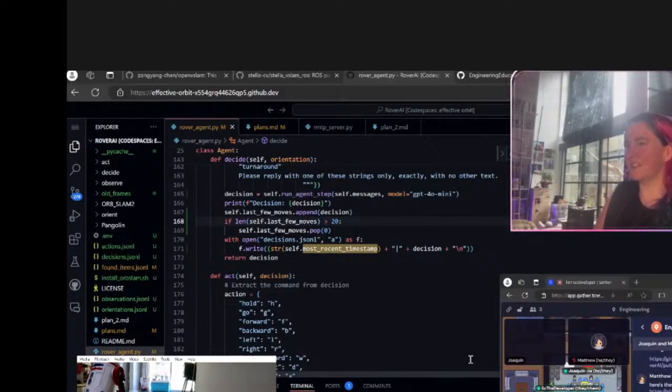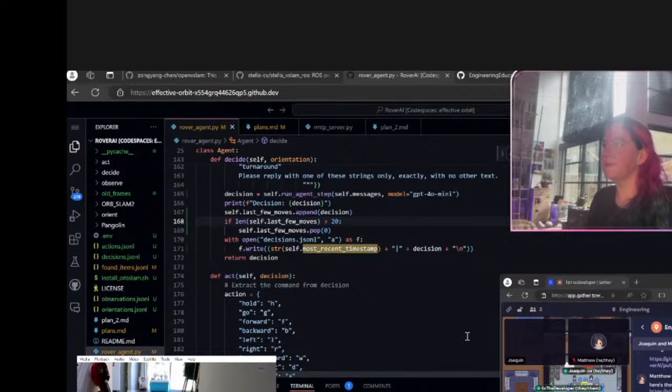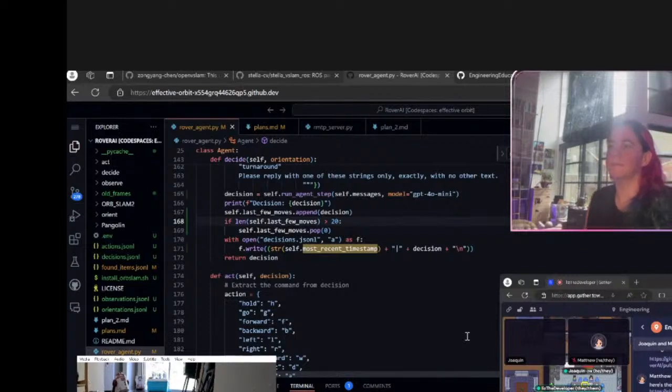Interesting. It scooched over. Maybe that was Joaquin. So yeah, it's actually exploring Joaquin's place now. It was just kind of going in circles, right? We had to figure out, okay, that was the prompting. Maybe it's not a very smart robot, but it was really just listening to our prompt, and we were telling it, if you see a wall, turn right or left, and then we didn't really give it any directive to go around and look around and find new objects. So it's interesting how much of it is really just directions that we're giving, right? So